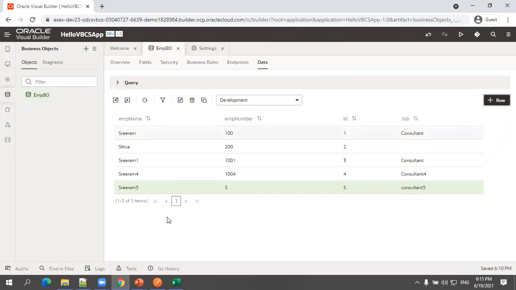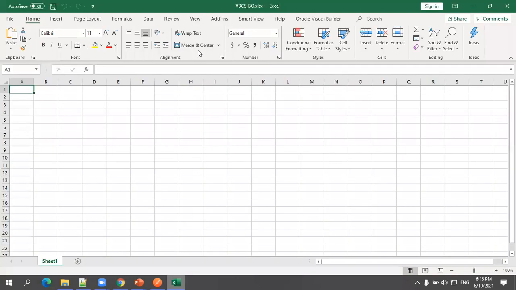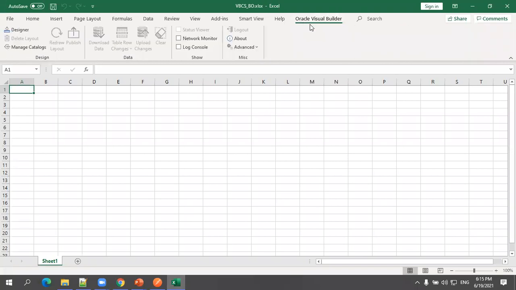When you're able to create the data using Postman, any third-party application also can access the data. Of course, we have used a different concept of accessing the data using a bearer token, but generally you can do authorization-based access. The other way is you have a VBCS add-in using which you can also do it. In my case it was not working. Generally you can use the Oracle Visual Builder plugin using which you can also upload the data. That is another way of working with a business object.